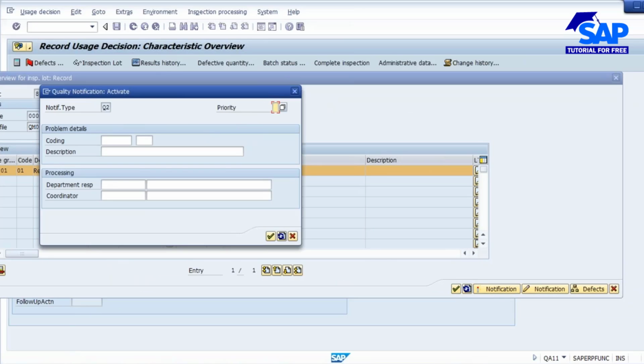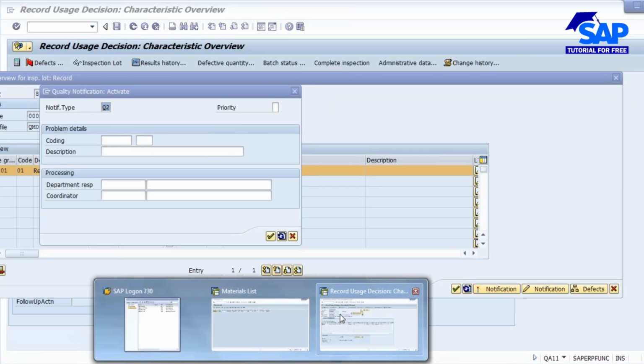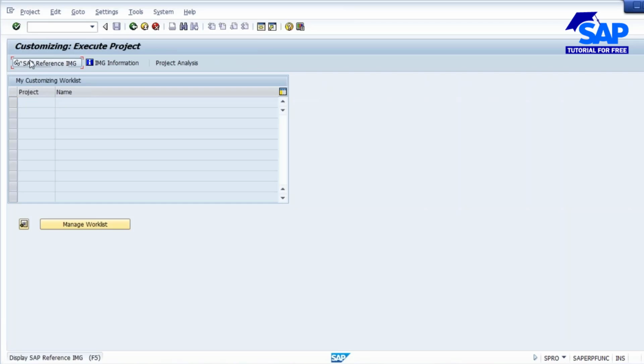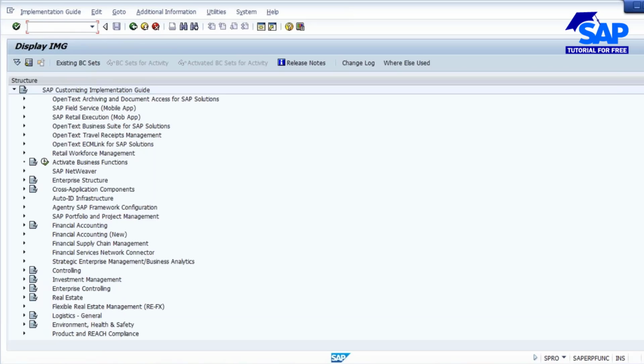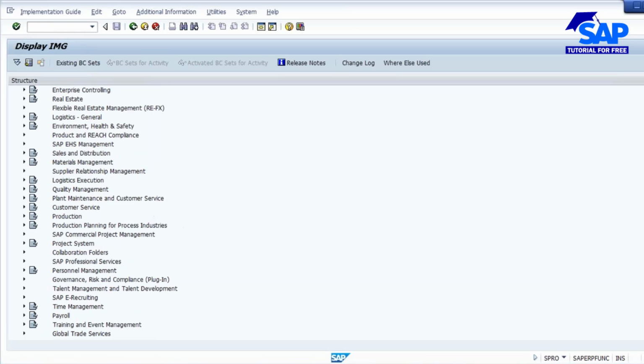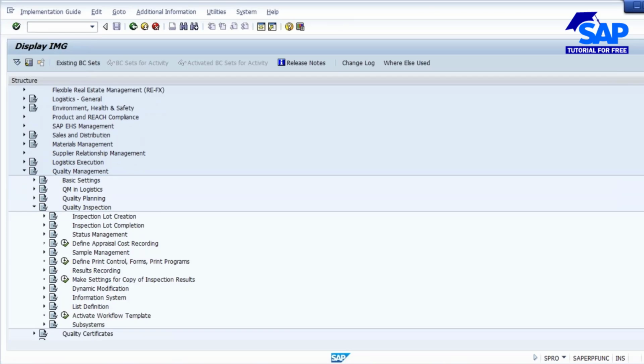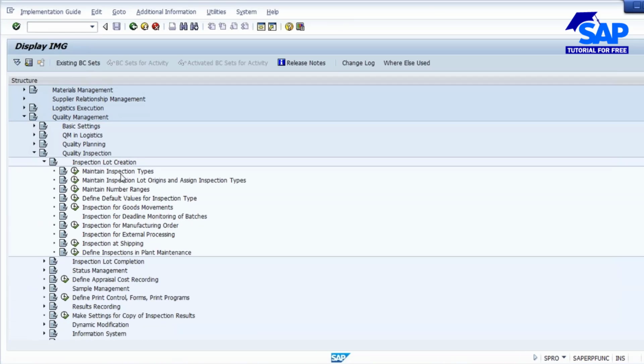So see, now the question is from where this notification type is coming by default. Okay, so this notification type is coming by default in the inspection type. So in the inspection type you will be assigning a notification type. So if you go to the configuration again, SAP reference IMG, if you want to make it default, you can make it default. So if you go to quality management, quality inspection, inspection lot creation, maintain inspection types. If you go to the inspection type,